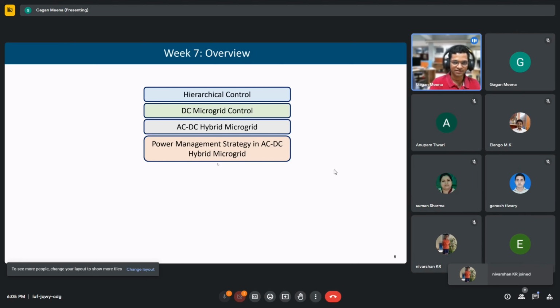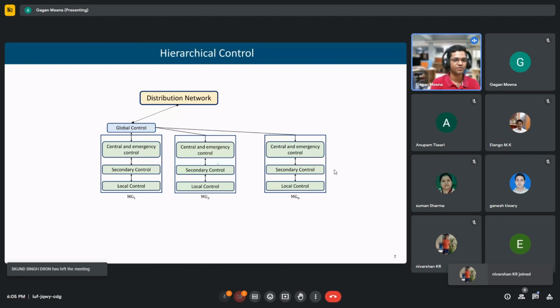Let us start with the hierarchical control. This is the